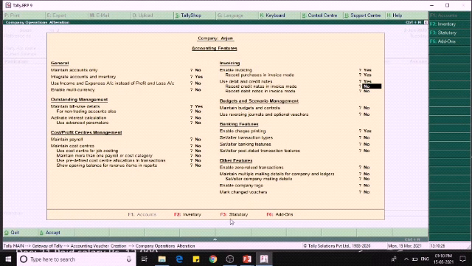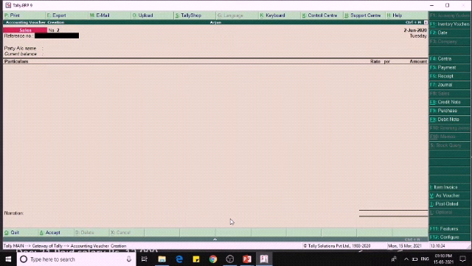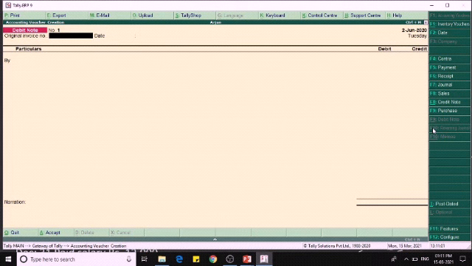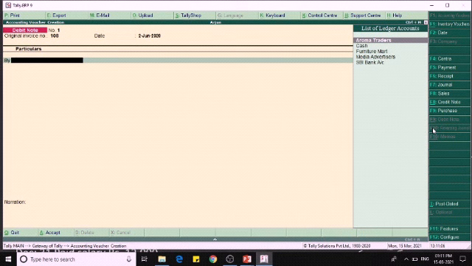If you want to record in the invoice mode, you can give yes to this. Now I will give yes to this. So now we have returned the goods we purchased earlier. So this will be coming in the debit note. For going to debit note, there is a double line under the F9, so it denotes that we have to press Ctrl plus F9. Here we have to give the original invoice number and then the date.